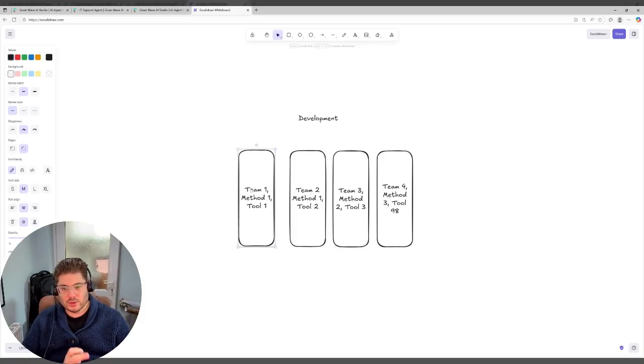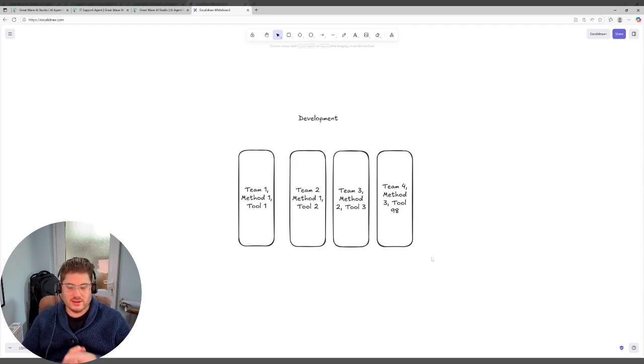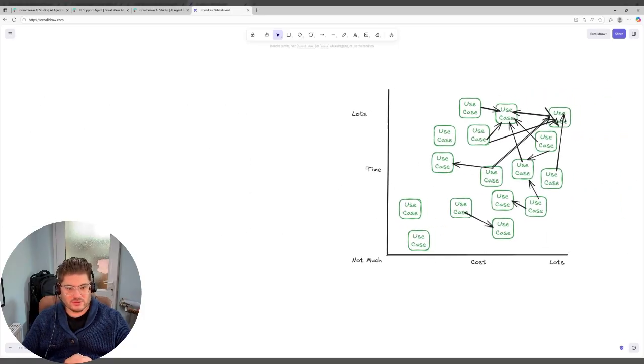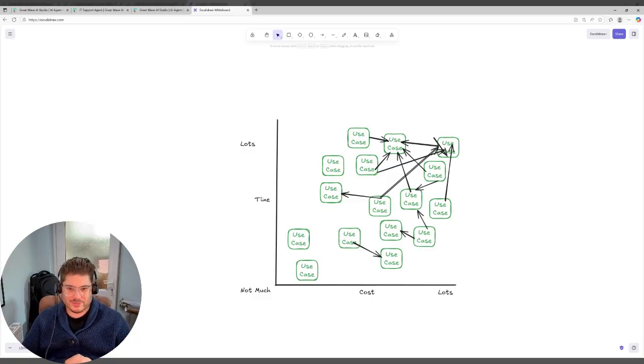So here's a methodology, a way of developing and building these AI agents. Here's an example. Team one start building an AI agent using their method and they use this tool. Team two look at team one, they've used that method, but we want to use a bit of a different tool. Team three go, okay, great, I don't really like that method, I want to use a different method and a different tool. And team four just go rogue and do whatever they want. So four use cases delivered here. The business unit is happy. They've got their four use cases delivered. Brilliant. Now, when use case 5 comes along, things get a bit more tricky.